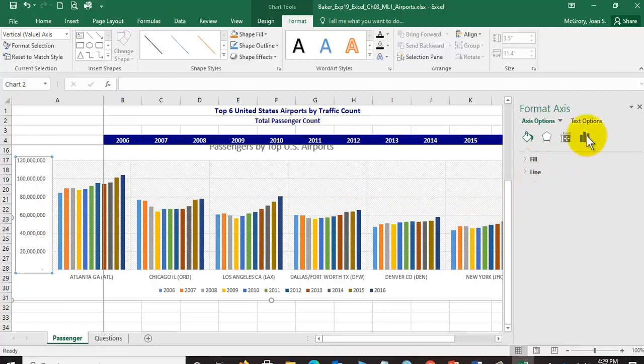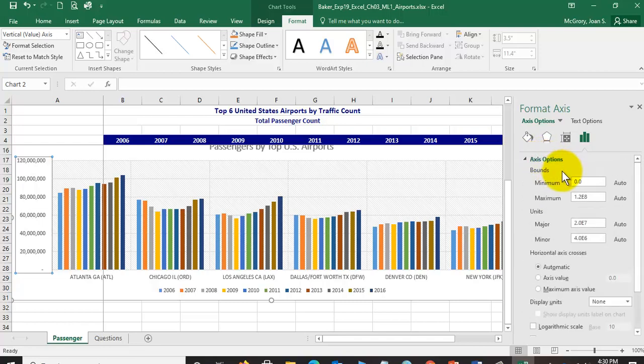Well, it tells me this is the axis option, and I have these different symbols, and each of these symbols is going to give me some additional things. This bucket allows me to adjust the fill and the outline, but I need this graph, this axis options, icon. Click on that, and I think it's under axis options, and yeah, okay, and we need to display the units in millions. So if I scroll down,